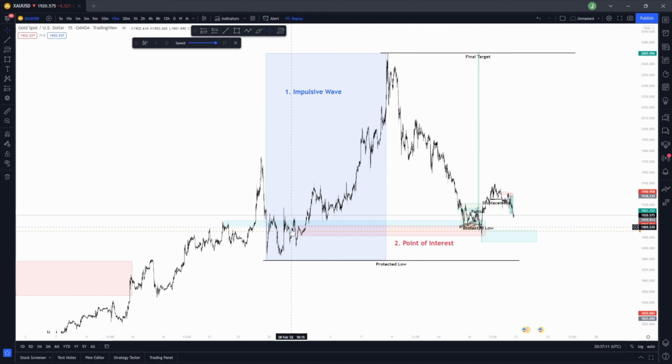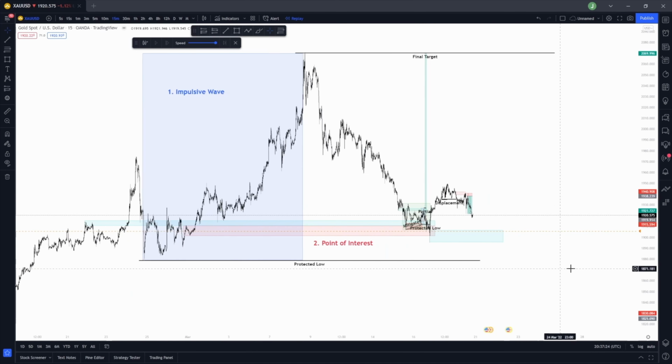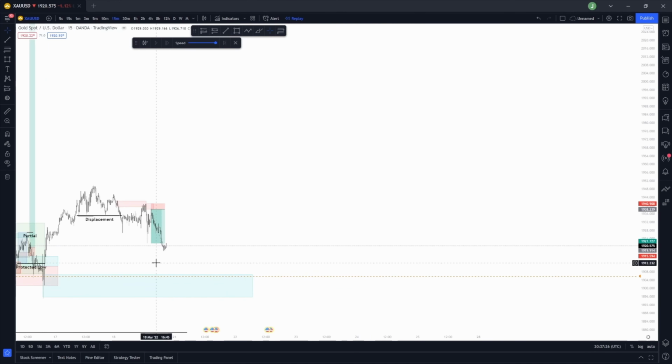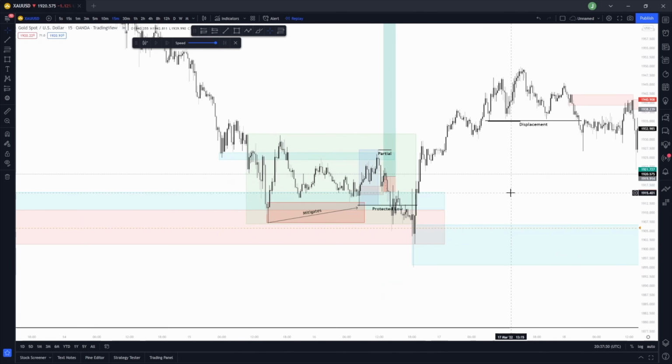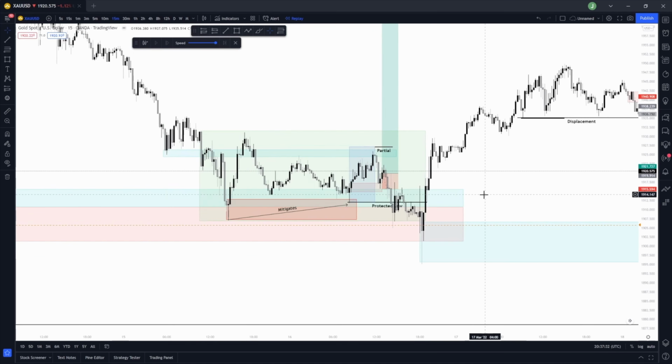I was looking somewhere in this region for a demand zone, so the last sell to buy. Now, I did refine it just to this zone here, although it was arguably this entire down move here. Now, you'll see that price tapped an alert that I had set around this region, and from here I have identified what I believed is